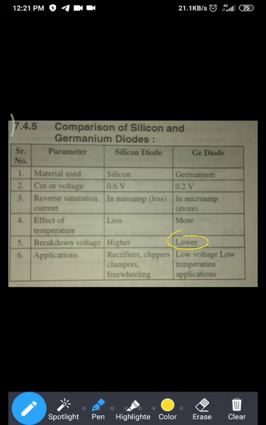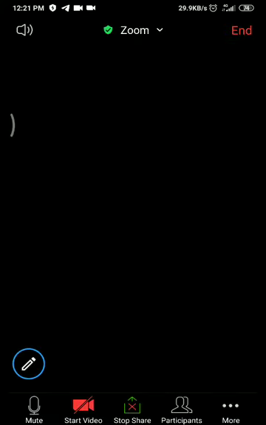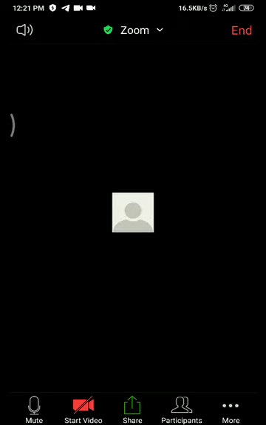So we have seen the complete VI characteristic, forward biasing characteristic, reverse biasing characteristic. Getting? So it is very simple. So ideally from the complete VI characteristic, you can say that in forward biasing, obviously milliampere current is flowing. In reverse biasing, microampere current is flowing. So you can say that from the VI characteristic, in forward biasing the diode is on, means current is flowing through the diode.